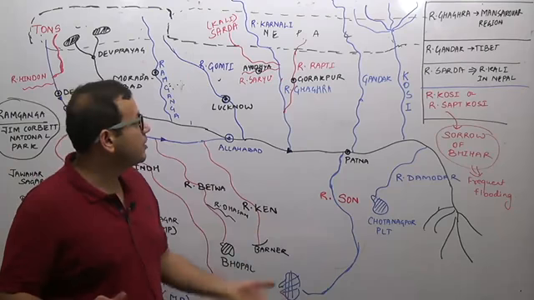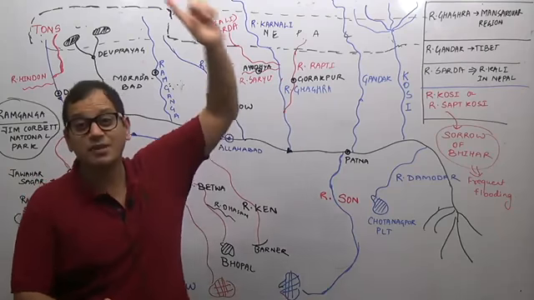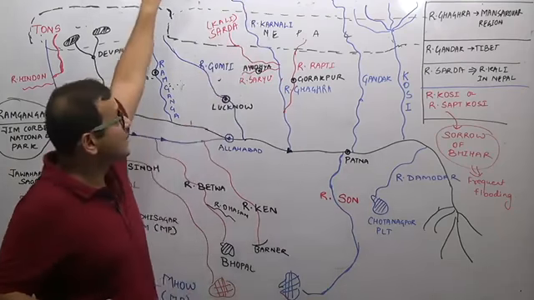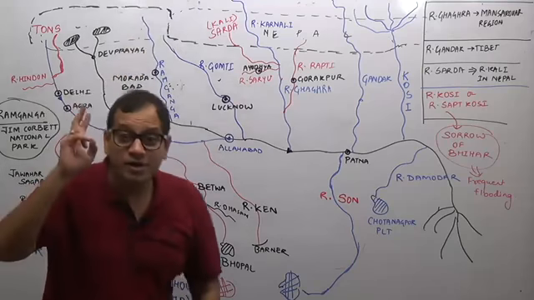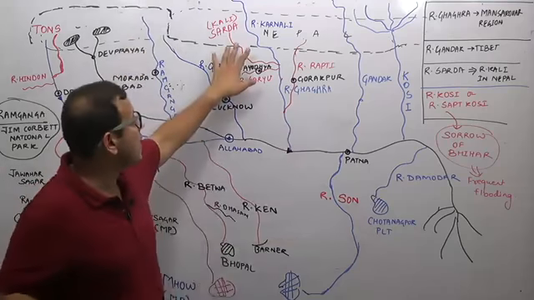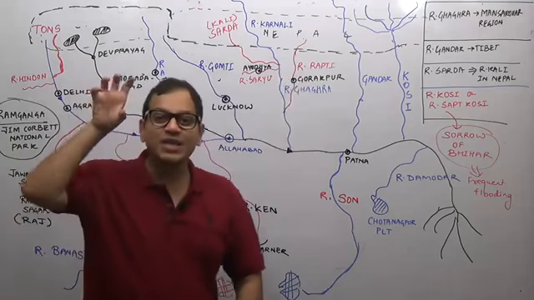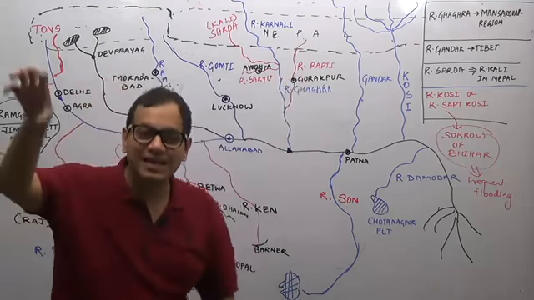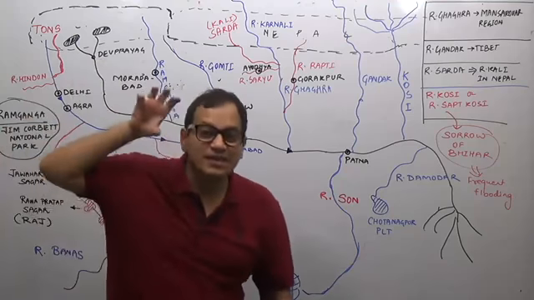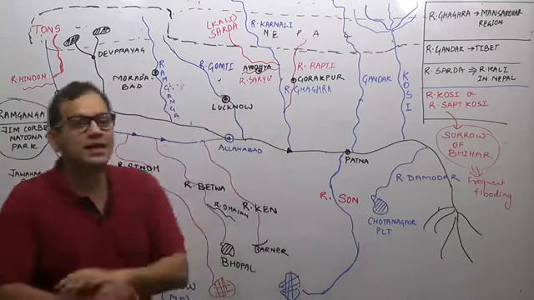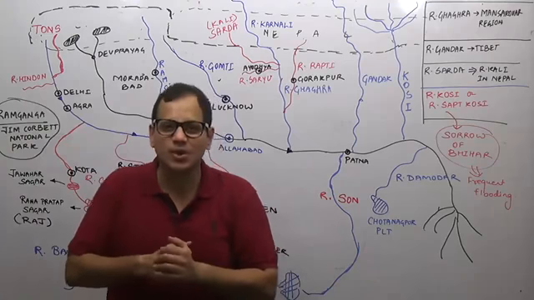After that, what is the important tributary? An international river, River Ghagra, originates in the Mansarovar Lake. The important tributaries of River Ghagra are Sharda, Saryu and Rapti. River Sharda is known as River Kali in Nepal. While on River Saryu, Ayodhya is located, and on River Rapti, Gorakhpur is located.